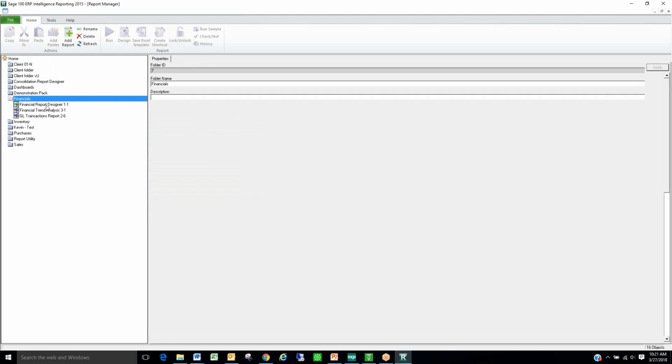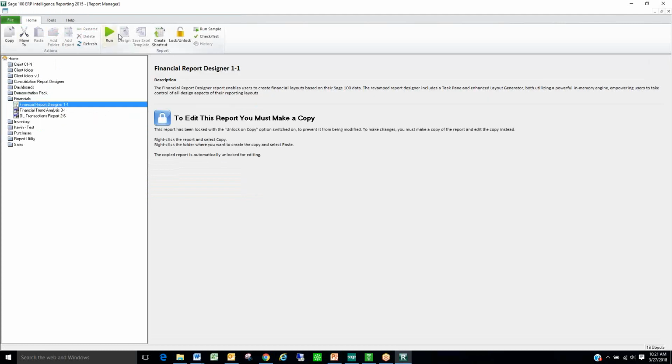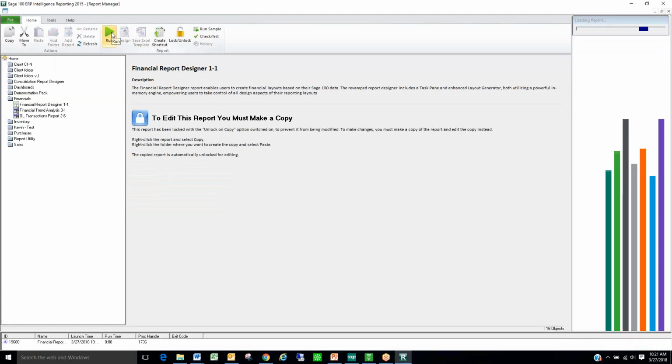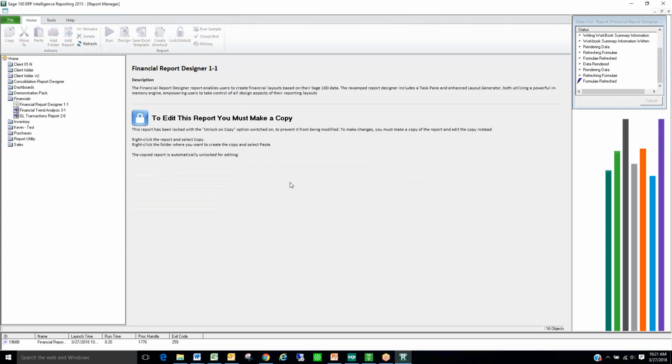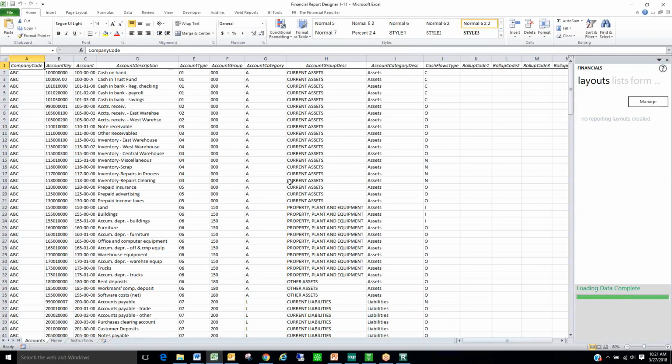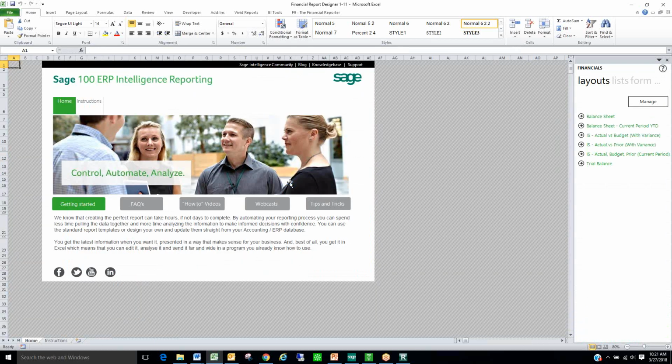So here under financials, I'm actually going to run a report out, and the Report Designer add-in, this particular report here, basically generates just a blank copy. We would normally make a copy of that because when we make the changes and create a new report, we would want to save that back and be able to run it out again in the future. So the Report Designer add-in is what allows me to be able to create my own custom reports, or if I've got unique account sequences for different accounts that don't just follow individual accounts, this will actually allow us to